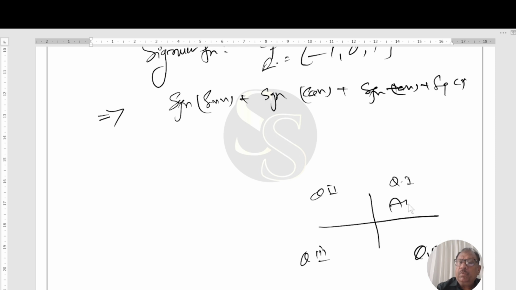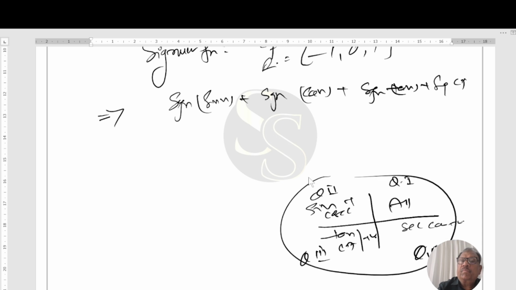All positive, sine and cosec positive, tan and cot positive, sec and cos positive. Now, if x belongs to quadrant 1, then positive answer will come, 1 plus 1 plus 1 plus 1,